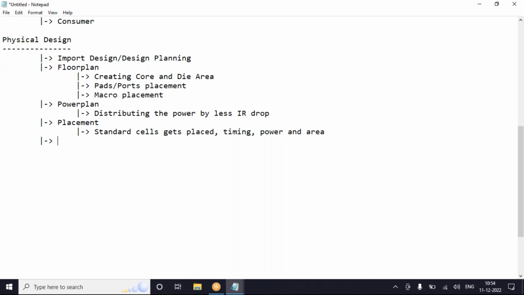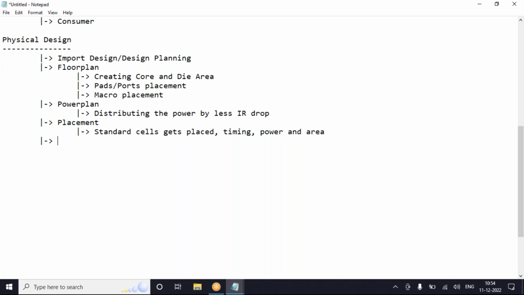Then I found out that the adjacent room is having more space. From that, I'll just borrow that particular space. Again, from the floor plan, I have to do. Okay, again, I have to roll back to the floor plan. I have to alter my macro placement and come to this particular placement stage again.